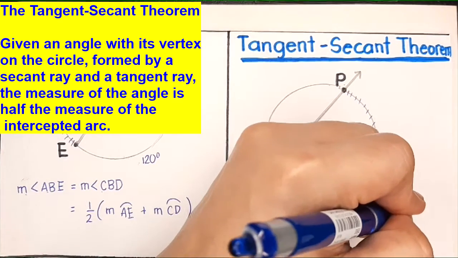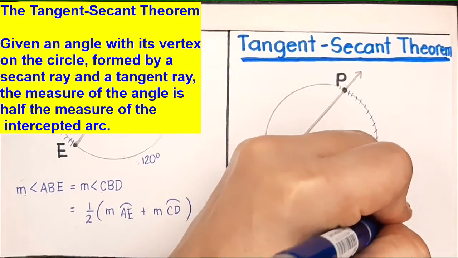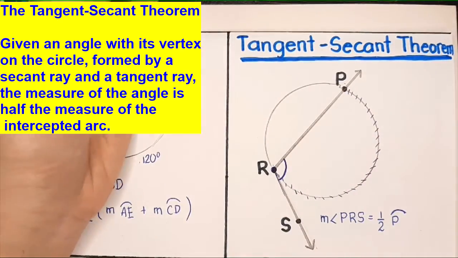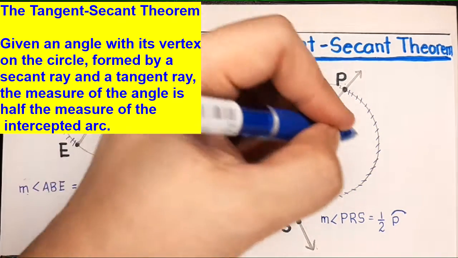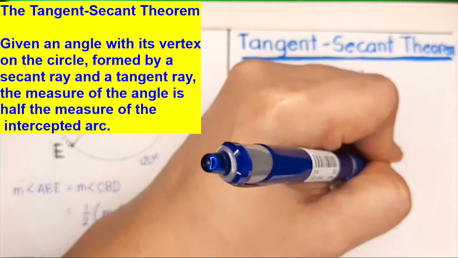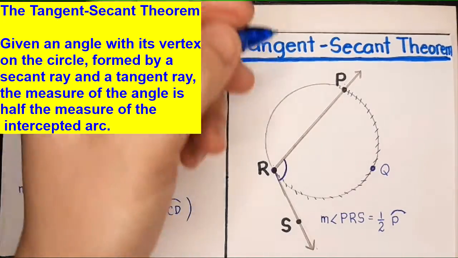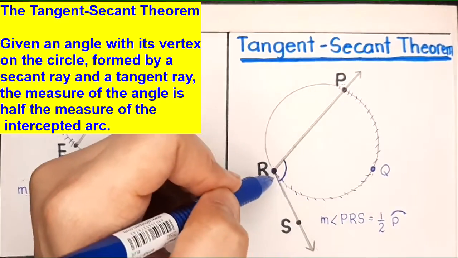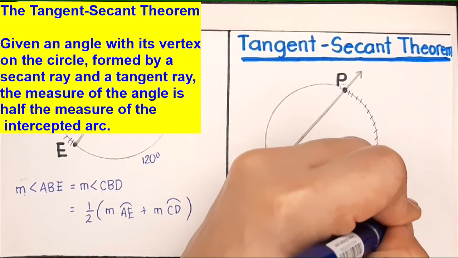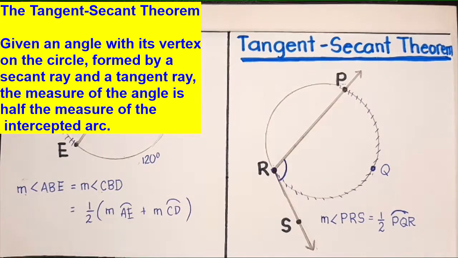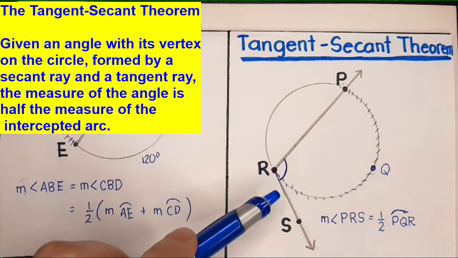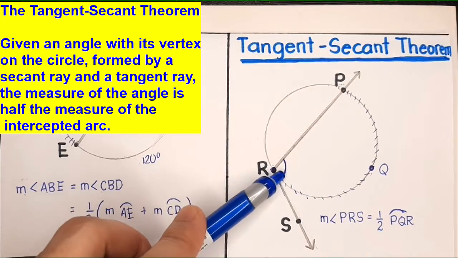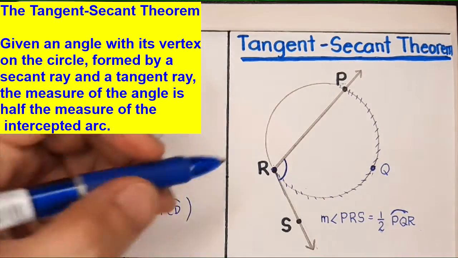Right? Okay. So, arc P. Okay, let me add a point. Kasi, diba, to name a major arc, we need 3 letters. So, let's say this is point Q. Okay? So, arc PQR. Okay? So, ganun lang. Para lang din siyang inscribed, yung formula sa inscribed angle. Okay? So, whatever the measure of the intercepted arc, you have to divide it by 2 to get the measure